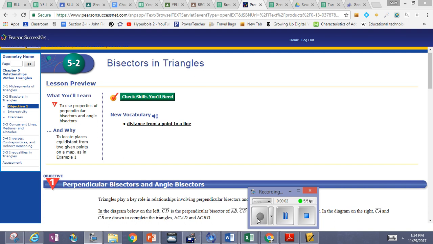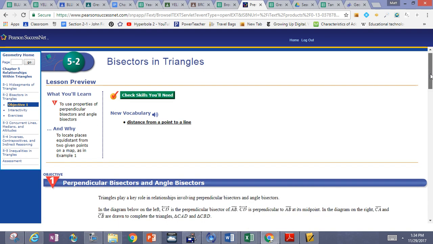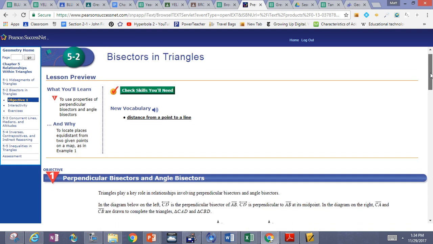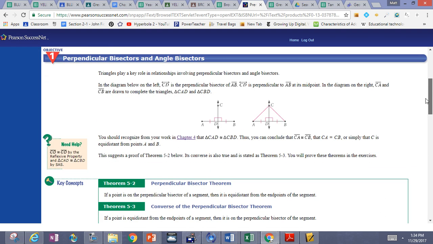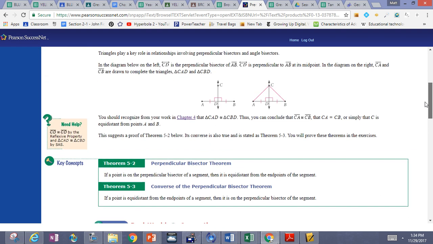All right, guys, here we go, looking into section 5.2. We're going to start talking about what's called the bisector theorems. So if you will please remember, the